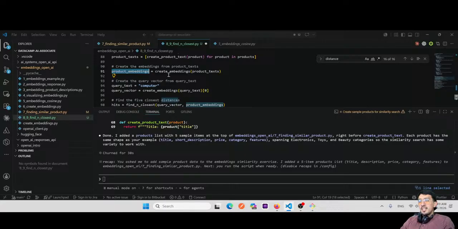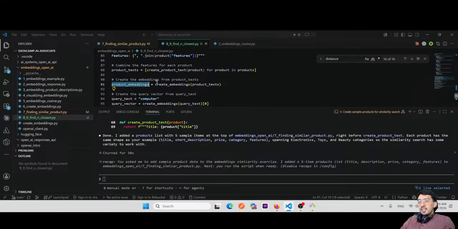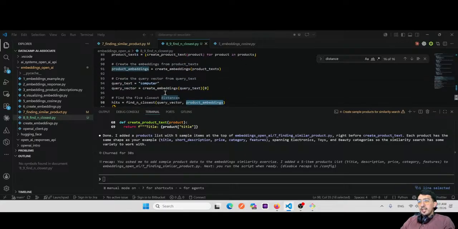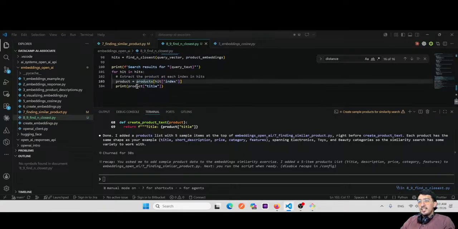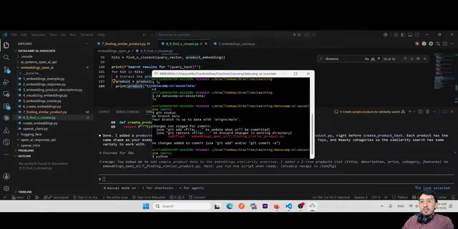The program values are here. Then here I got the create embeddings of the query. So I have the query vector of the product embeddings from here. Then I get the hits, and I get the closest one. So now if I run the 8 9,